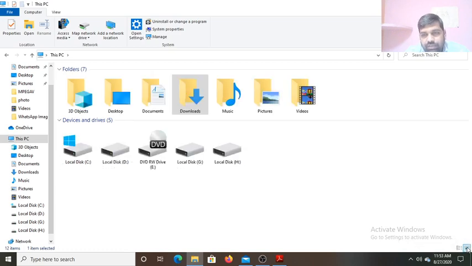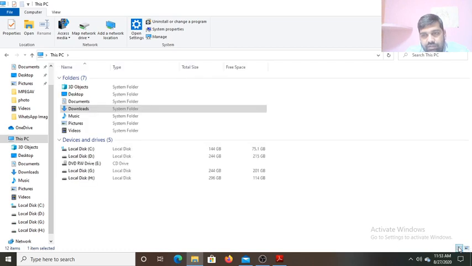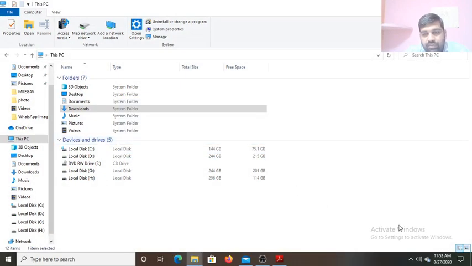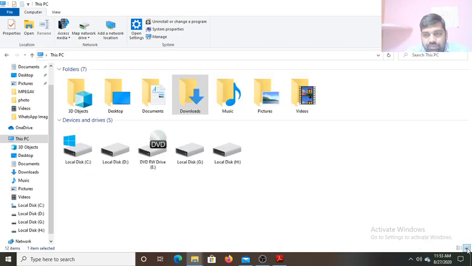See, so many view options are there. Now battery is running low. Okay, these are the two view forms which are available here as you can see.